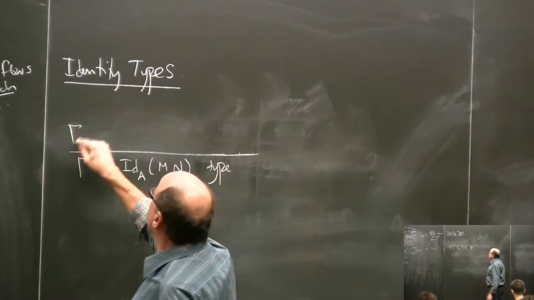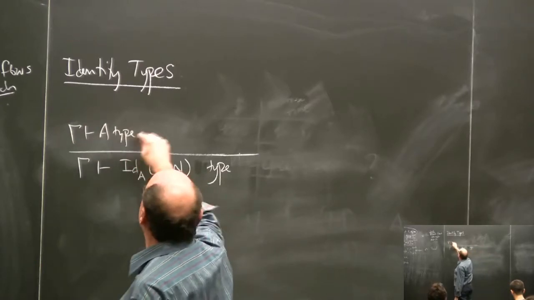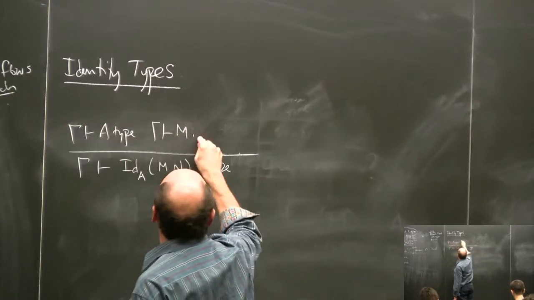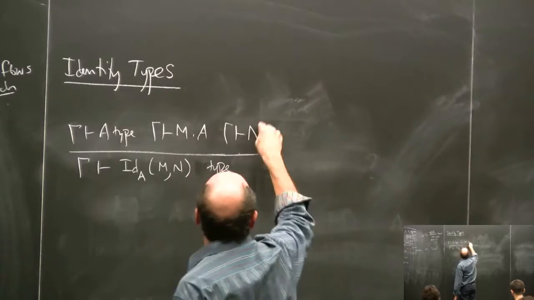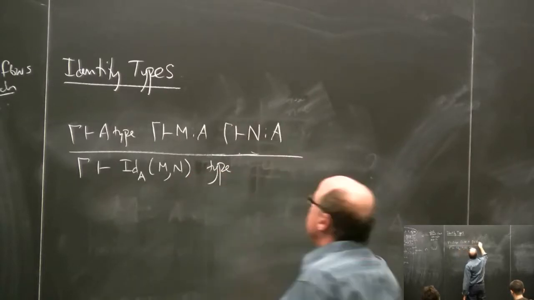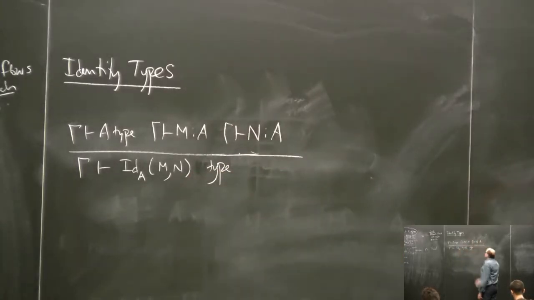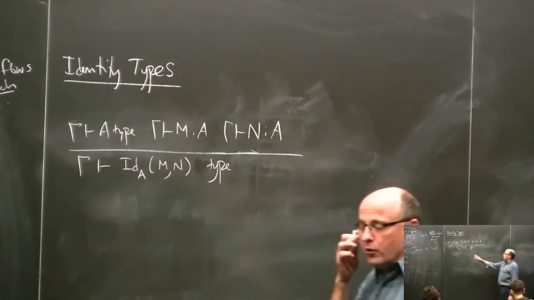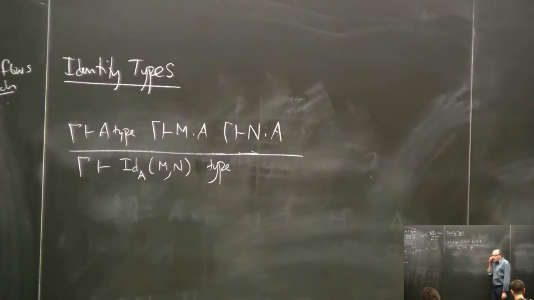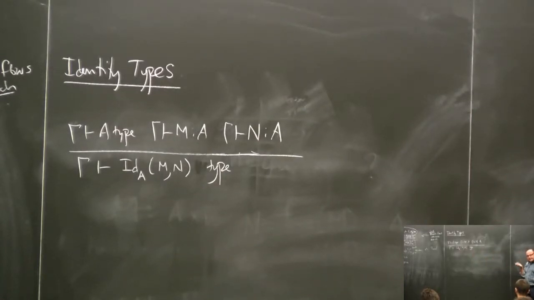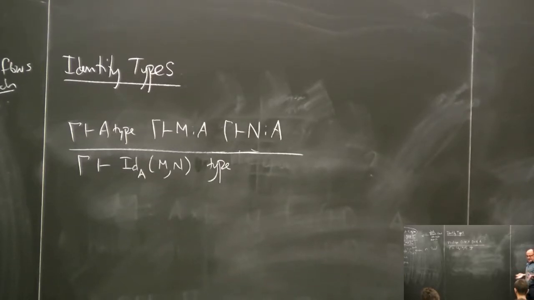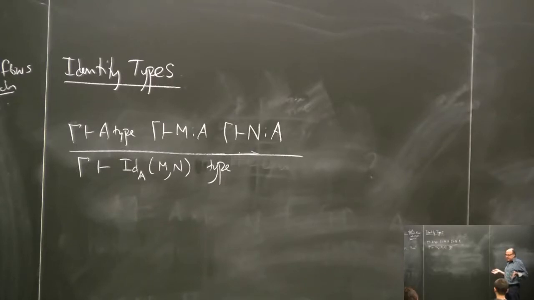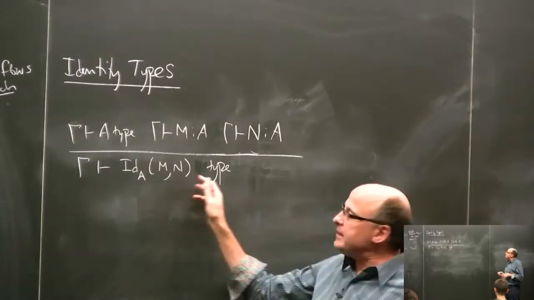Okay, provided that, well, I'll write it fully. A is a type, and M is in A, and N is in A. And I have previously mentioned to you that this should be thought of as the type of identifications of M and N, or the type of proofs. So this is the premier type that one tends to read propositionally, but I'm going to be arguing basically for quite a while, and you could even say for the rest of the semester, that one should also read this